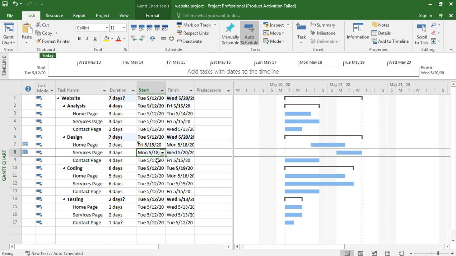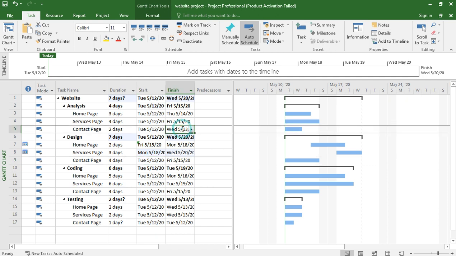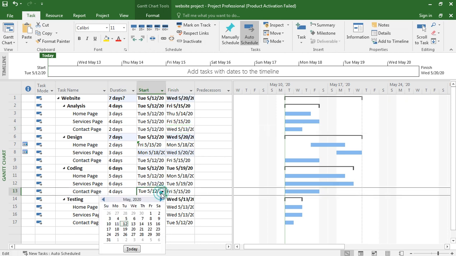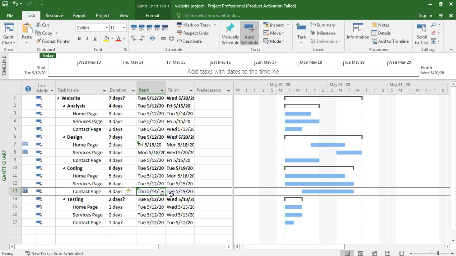So it starts on Friday 5/15. It should be 5/16, 17, 18, because these are 2 holidays. 16 and 17 are 2 holidays, so it should start from 18. Okay, and 18 and 3 days, 18, 19 and 20.